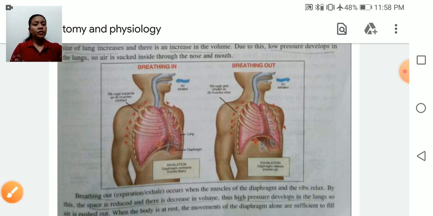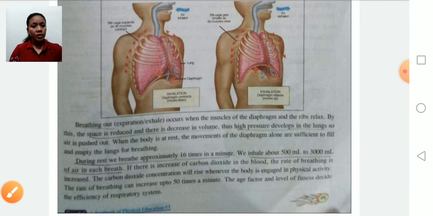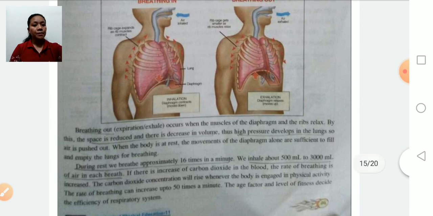And exhalation occurs when the diaphragm and the ribs relax. By this, the space is reduced, and there is a decrease in the volume, and thus high pressure develops in the lungs. So air is pushed out when the body is at rest. The movement of the diaphragm alone is sufficient to fill up the